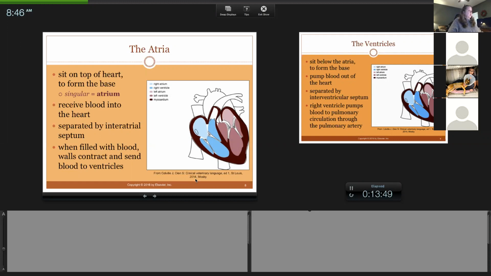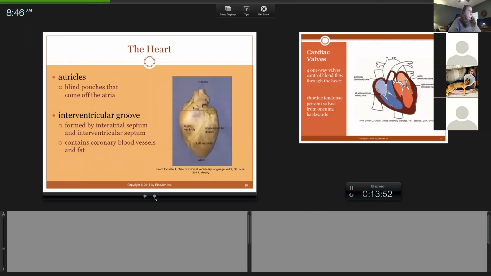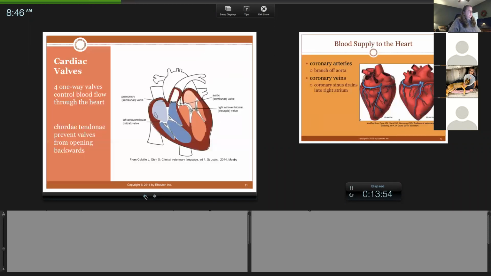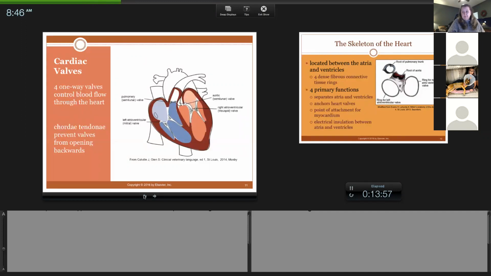And then a quick question. Remember, the job of the valves is to keep blood flowing in one direction, in a figure-8 motion. When the atria contract, it pushes blood to the ventricles. When the heart goes into diastole, or relaxation, that valve should snap shut. We don't want blood coming back from the ventricle backwards, okay? So the valves keep blood flowing in one direction, a unidirectional valve, and it opens and shuts.